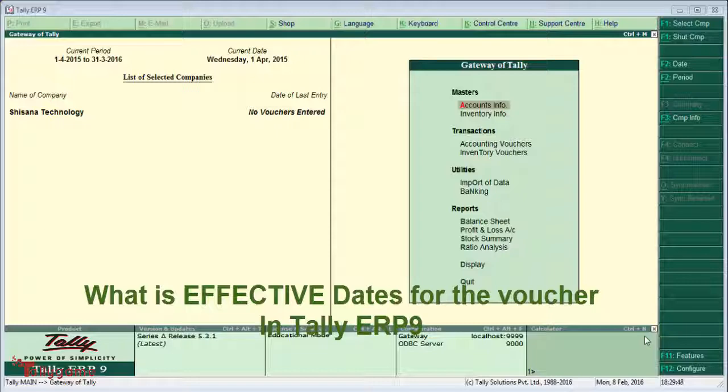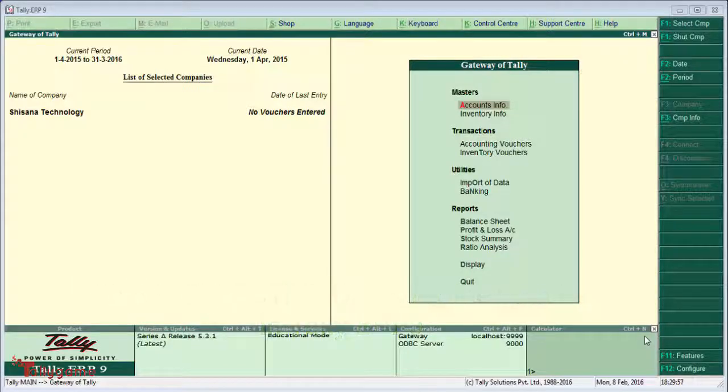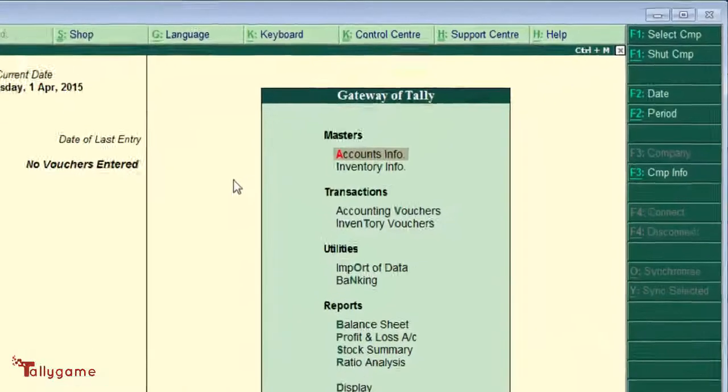Hello, welcome. In this tutorial, we will check what is effective date for voucher in Tally ERP9. This is an option inside voucher type creation screen. Let's go there from the Gateway of Tally,